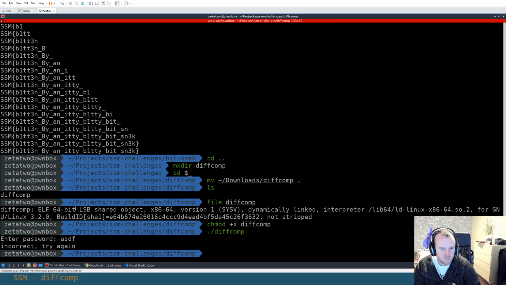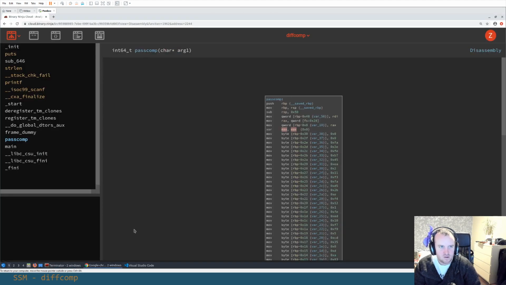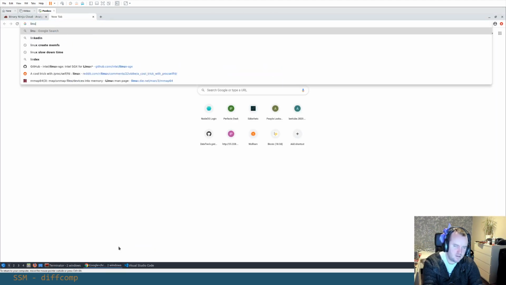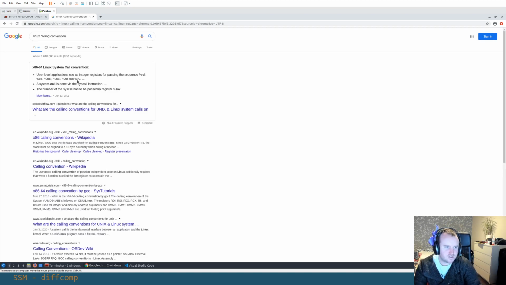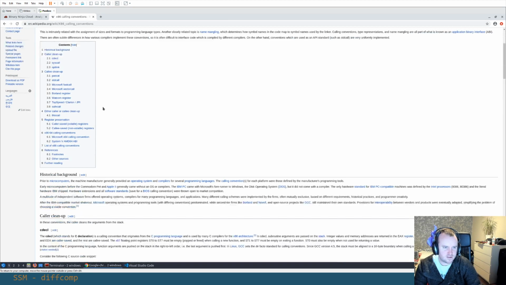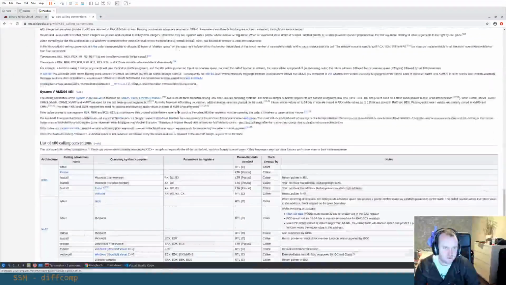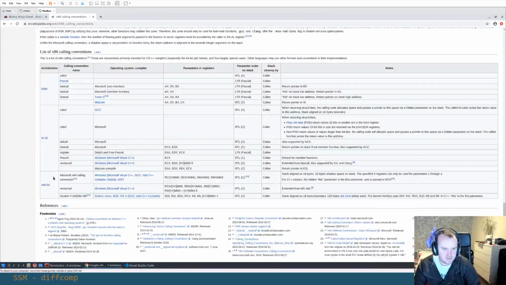So this is a 64-bit ELF binary. If you look at the Linux calling convention, the x86 calling convention, and go down in this table, we can see that in x86